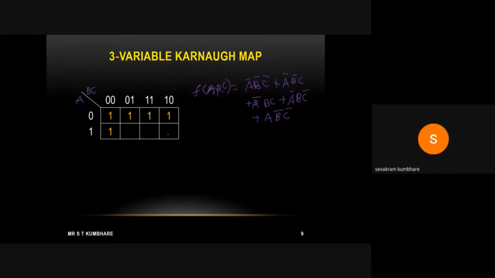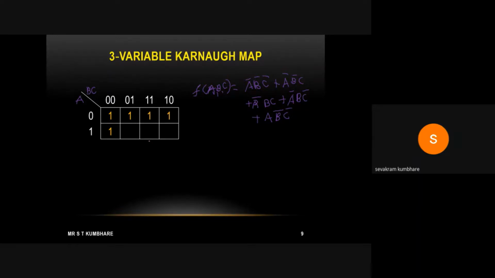Okay, I will show you this and I will give you one example. So I am audible, right? Yes, sir. Okay. So what we will do, again, we will look for the bigger cell. How many cells are there in this K-map? 8 cells are there, right? Now, can I club 8 cells? I cannot club because these 3 cells are blank. Nothing is there. So I cannot club all these 8 cells.